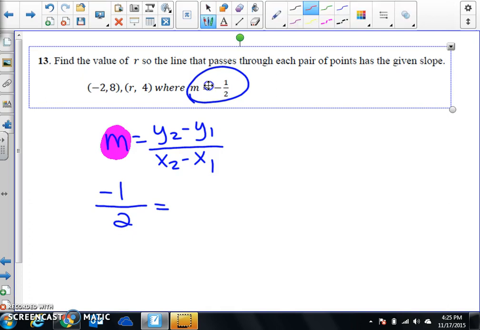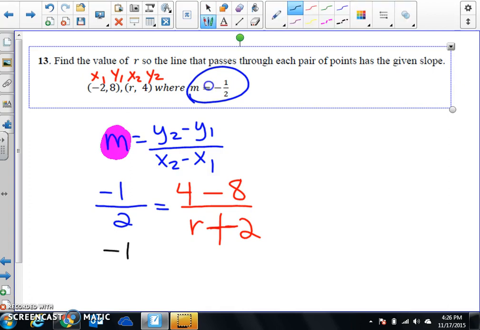Then this is my first x, my first y, my second x, my second y. So y2 is 4 minus y1 is 8 over r minus a negative 2. Okay, first of all, we know that's a plus. And so now we have negative 1 over 2 equals 4 minus 8 is negative 4, and then r